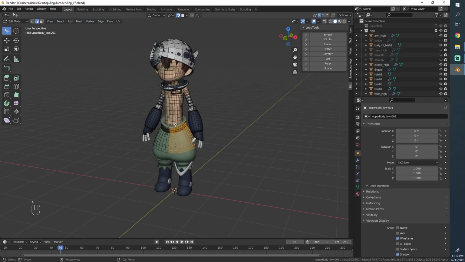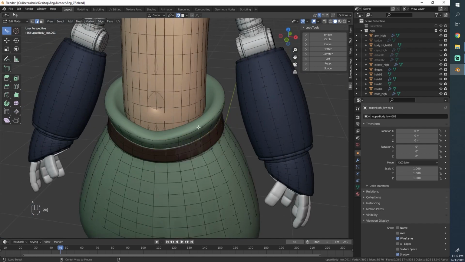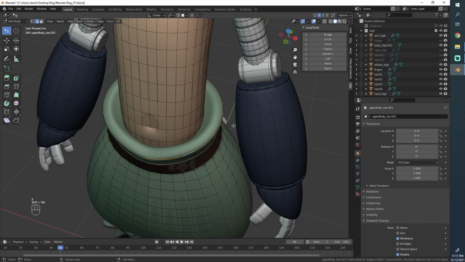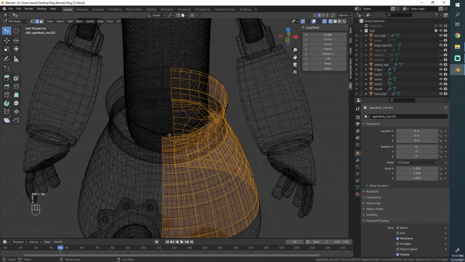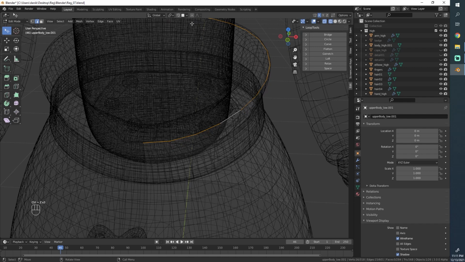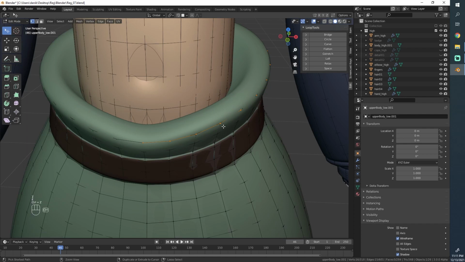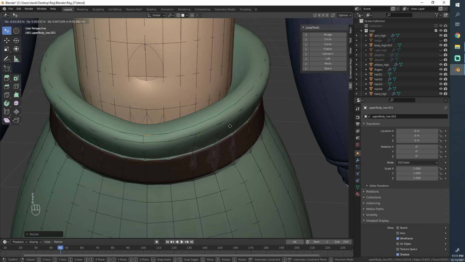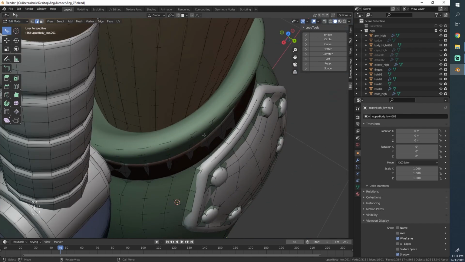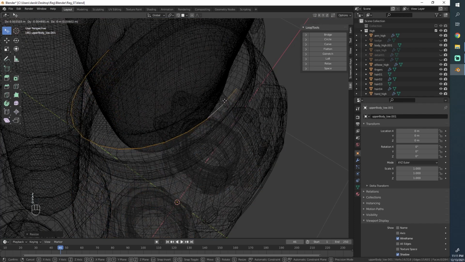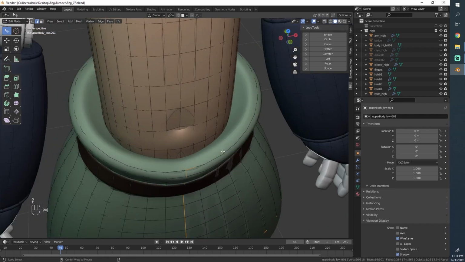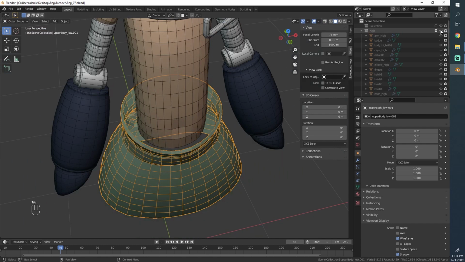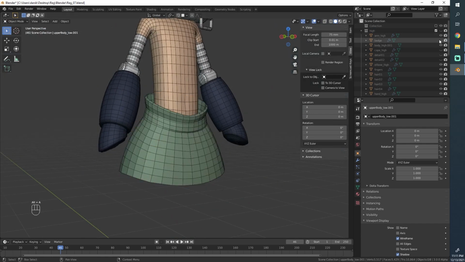I mean, game engines are quite good today. You don't have to be too worried with your poly count, in my opinion, but you do have to worry about your workflow, if you will be able to process all of this. Let's be careful not to get any double points. All right, that looks fine. Because if you have too many points, it will be very difficult to handle after a while. So just make sure you don't lose control.